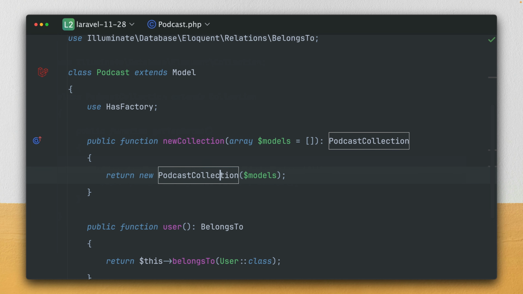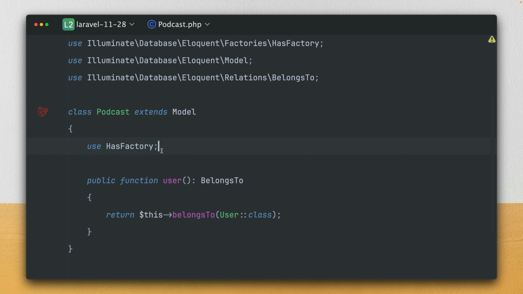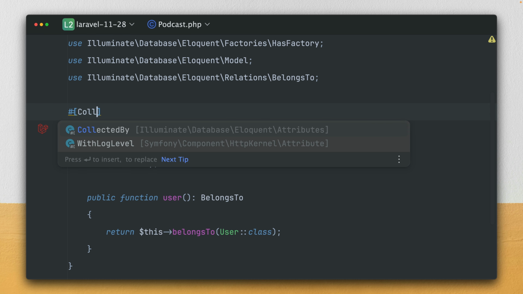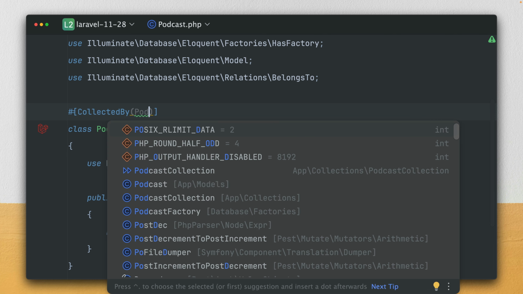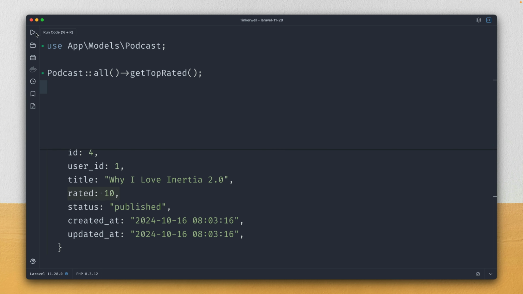This was already working before very well like this, but now there's a new way we can use this, which I think is pretty cool, because I'm a big fan of PHP attributes, and this one is called CollectedBy, and here I provide now my podcast collection class like this. So collect my podcasts by this collection, and if we try this out now again, you can see this still